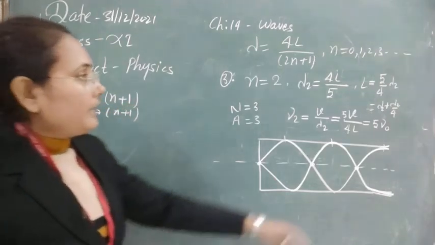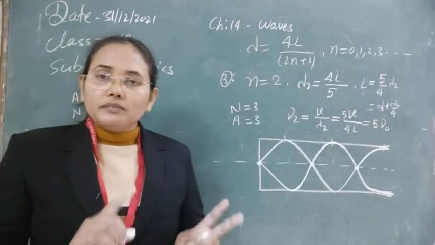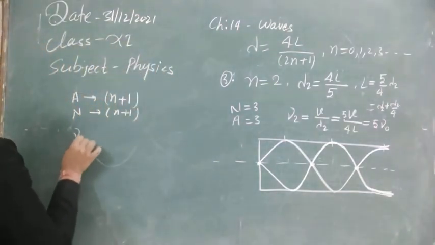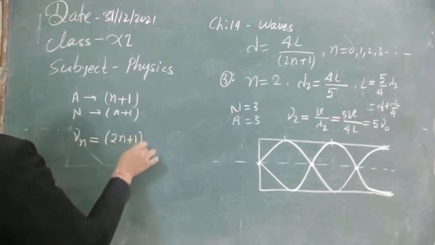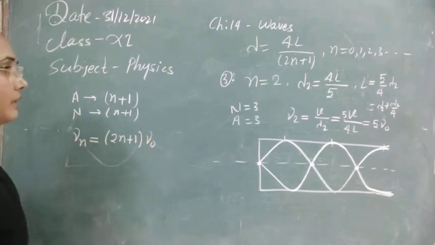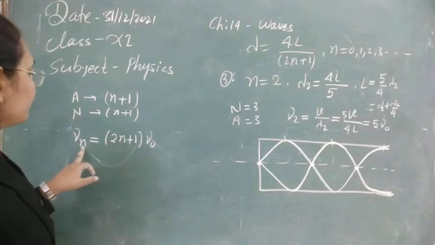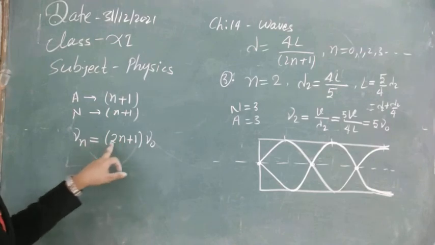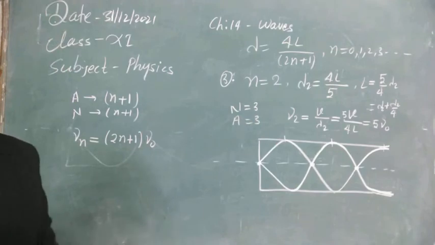Similarly, you can write down the frequency. So we are seeing the frequency is in the ratio of 1, 3, 5 and so on. So overall here we can get nu n, which will be equal to (2n plus 1) times nu 0, where n can have values 0, 1, 2, 3, 4 and so on. If you write n is equal to 0, you will get nu 0. You write 1, so nu 1 is equal to 3 times nu 0. You write 2, then we will get 5 times nu 0, and so on.